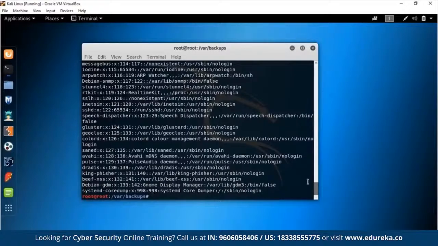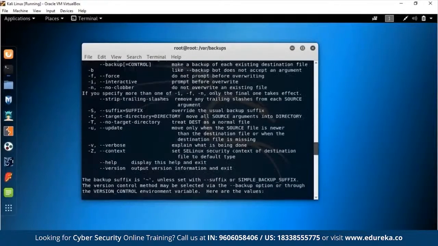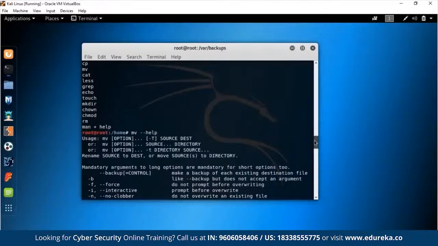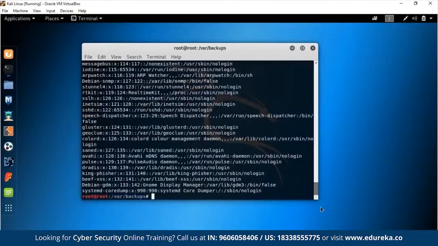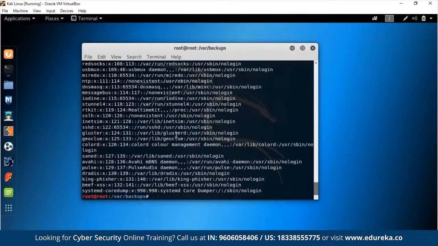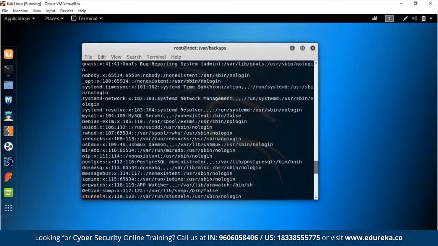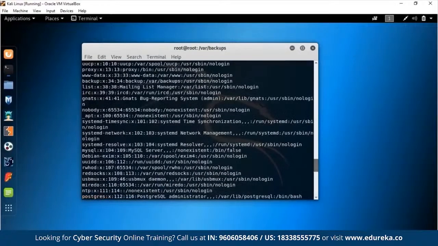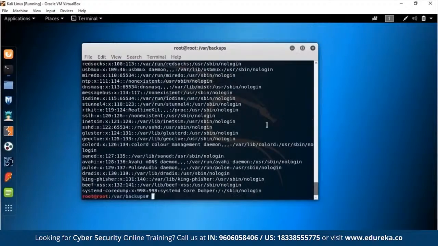Now, what if you didn't want the entirety of it, or you wanted something in particular? You want to be very neat. So you can do that same command, pipeline it, and say grep, and you want everything with no login. We can see that there are a bunch of things that say no login, and we only want those. And these are all the things that say no login in them. It's a much shorter list, and it gives us the very particular list that you are looking for. So that is how you use grep.